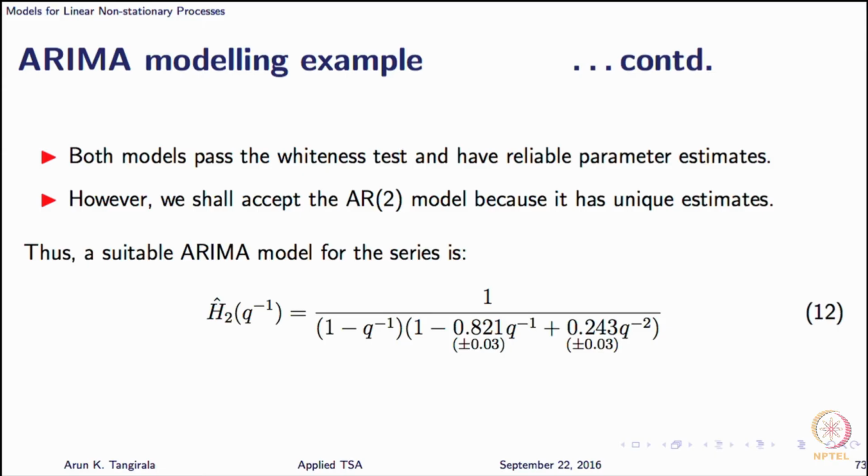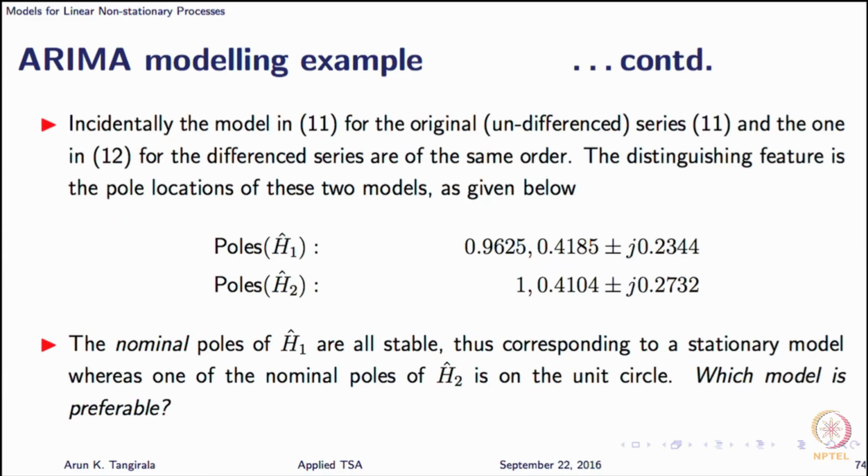So, now the question is I have two models, I had an AR3 for the original series and AR2 for the difference series, which one is better, and that is the final thing. Now, it turns out that when I look at the poles of the AR3 model, you can see that all the poles are well within the unit circle, no problem, it is stationary, whereas obviously with the poles of this integrating ARI model, one pole is at the unit circle. Now, which one do I pick? We will pick the first one because the point estimate is stationary.